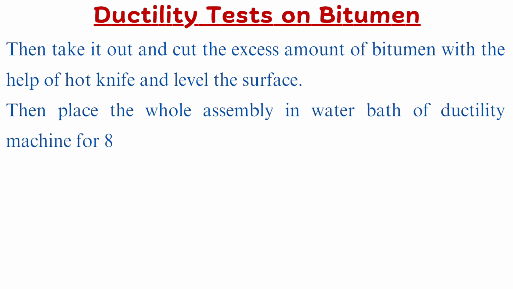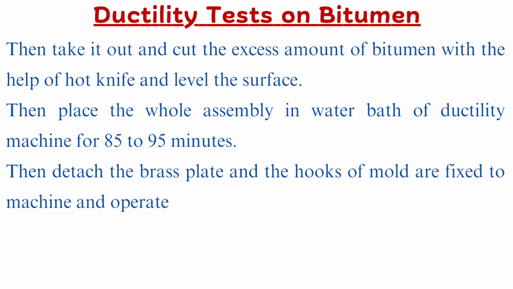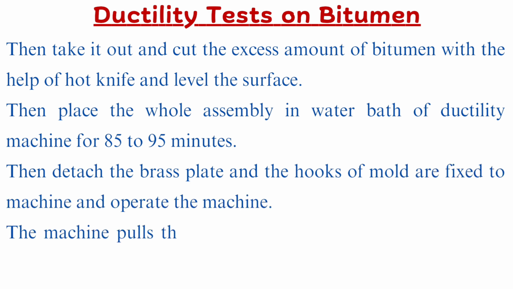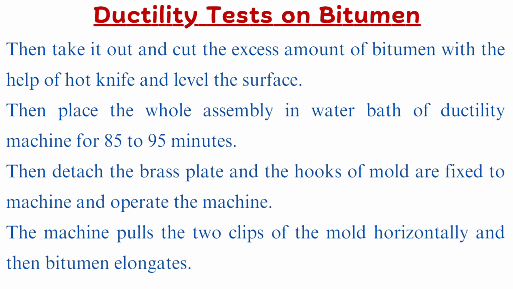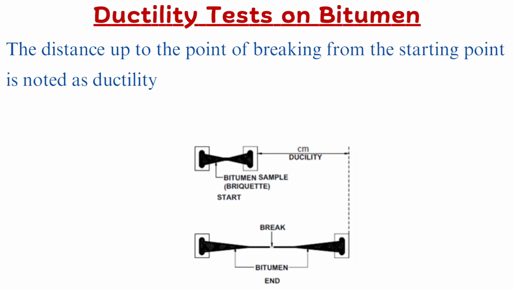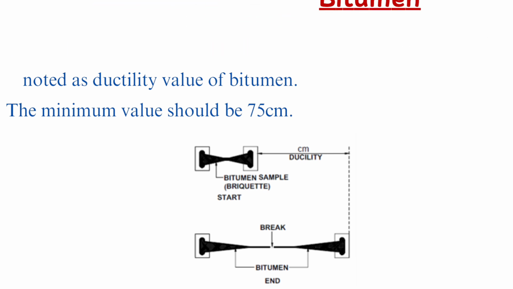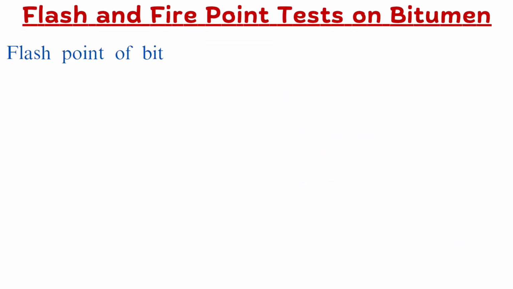Firstly, the bitumen sample is heated to 75 to 100 degrees centigrade and melted completely. This is poured into the assembled mold which is placed on the brass plate. To prevent sticking, the mold and plate are coated with glycerin and dextrin. After filling the mold, place it in room temperature for 30 to 40 minutes and then place it in water for 30 minutes. Then take it out and cut the excess amount of bitumen with the help of a hot knife